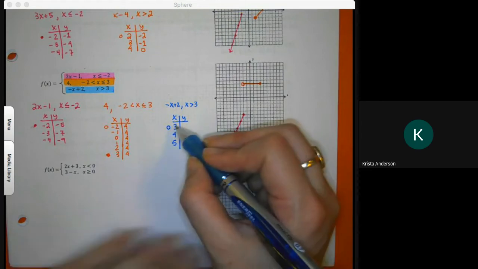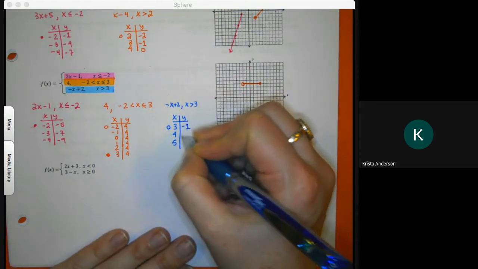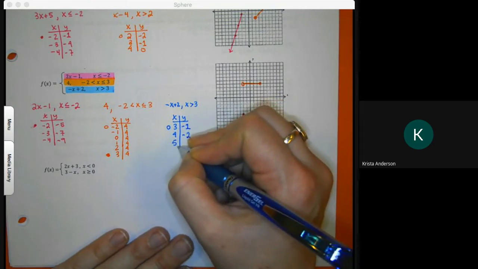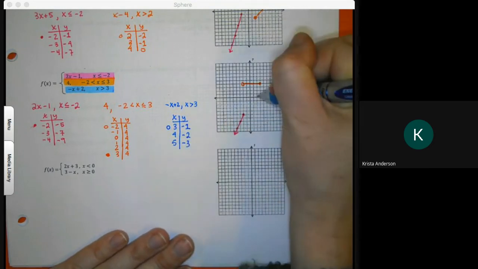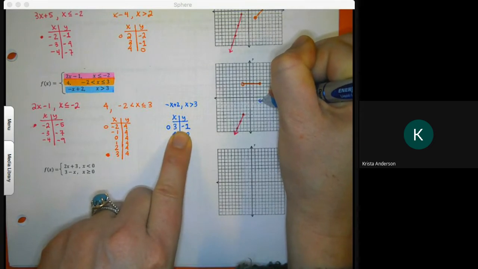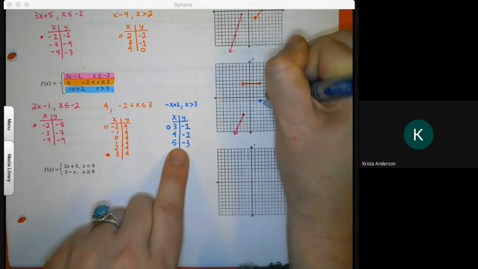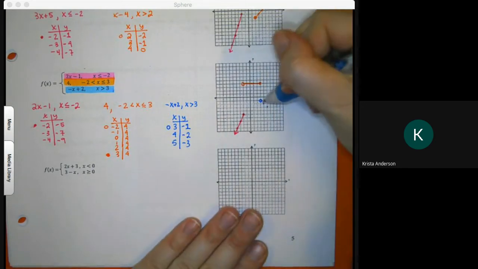I then plug in -3 plus 2, -1. -4 plus 2 is -2. -5 plus 2 is -3. 3 is down 1, open dot. 4 is down 2. 5 is down 3. And if I continue my pattern,